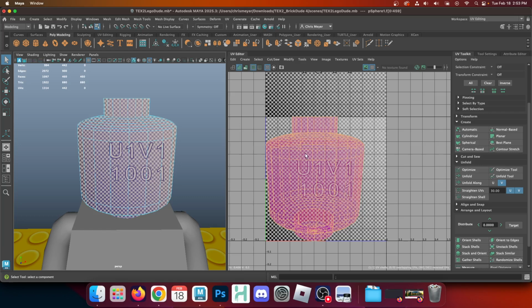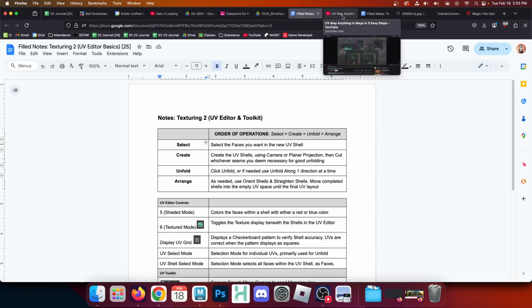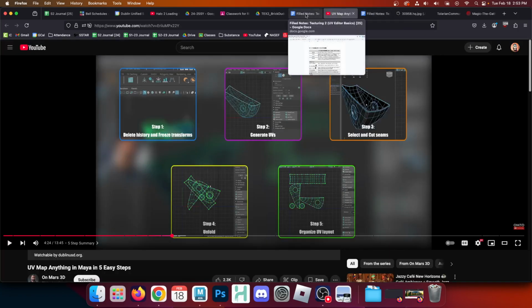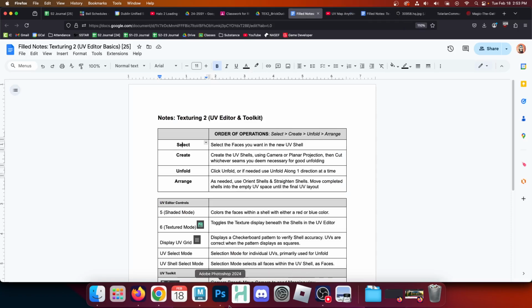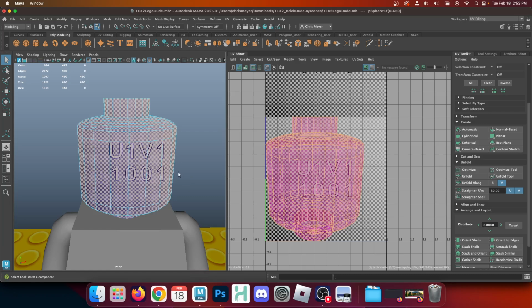If you remember from our gentleman on Mars, he told us, hey, if you're not careful, if you don't add enough seams, you will get UV distortion. We're not going to worry about that today. So just bear with me. We're just trying to do basic UVing. So we have created our UVs,